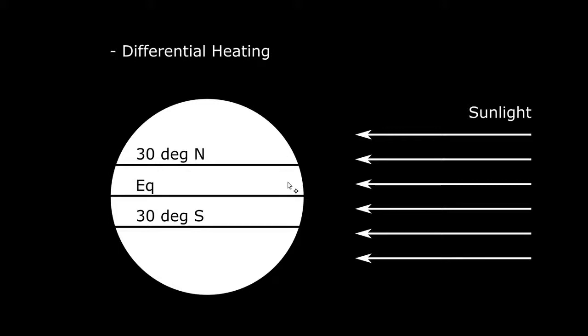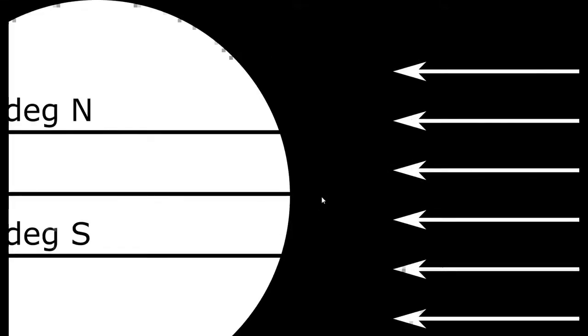We know that the Earth's surface is not heated evenly. That's why we have higher temperatures near the equator and in the tropics than at the poles. And this differential heating also affects the atmosphere in important ways. So let's zoom in on the equator, or region near the equator, and discuss how this differential heating affects the